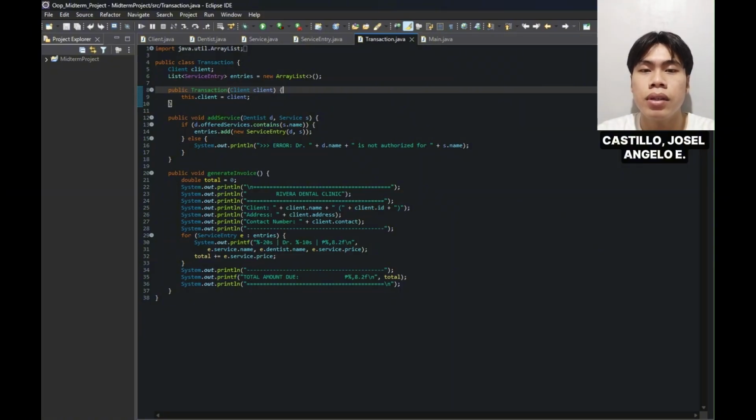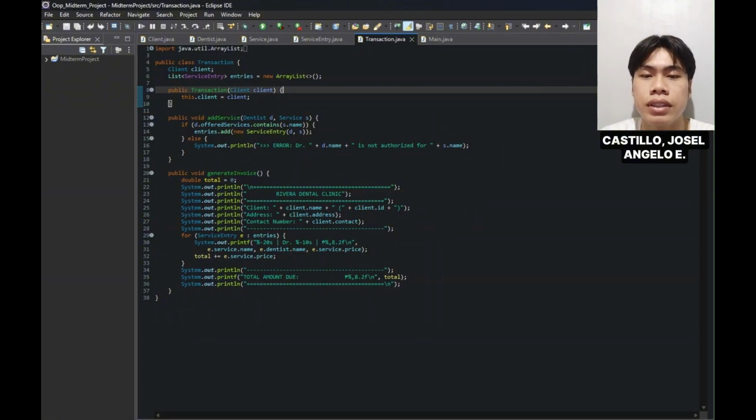And so the computation of this method and the logic, how it works. Inside this method, a variable total is initialized to store the sum of all service costs. A for loop, for service entries, is used to go through each service entry.